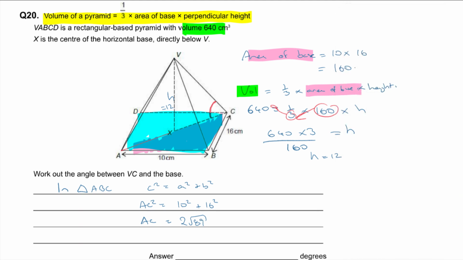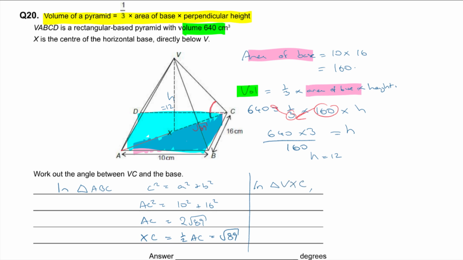But I don't want AC, do I? I want XC, and that's half AC, isn't it? So XC is going to be half AC. So that's just going to be root 89. Okay, so now I know this side here is root 89, from X to C, and then I've got a height of 12. I can use trig in that triangle now, can't I? So in triangle VXC,